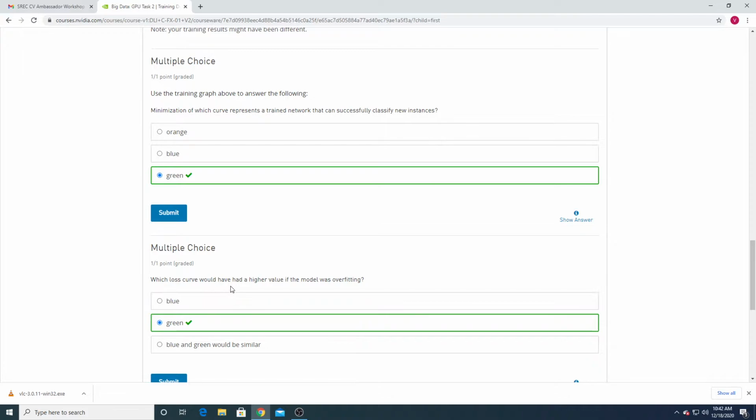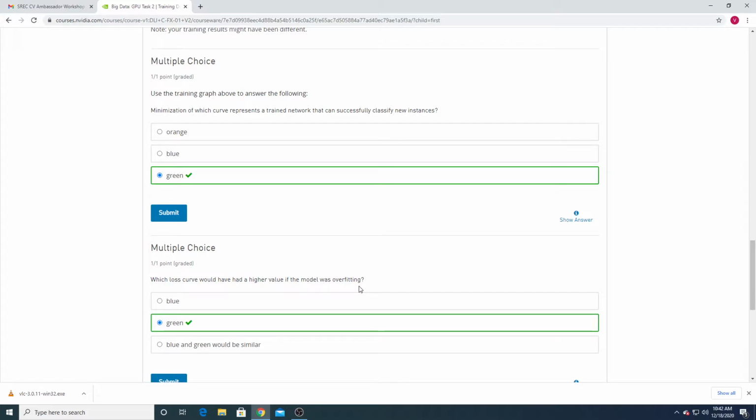Which loss curve would have a higher value if the model is overfitting? Blue is the training, and green is the testing or validation. Overfitting means during the training you will get a very small training loss, but the classification loss gets high because you are overfitted for some character.